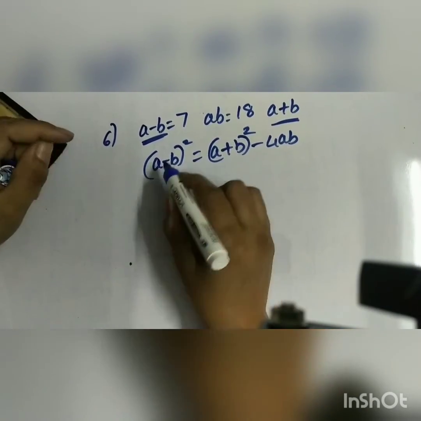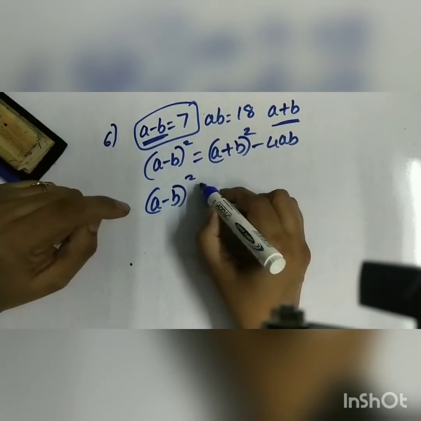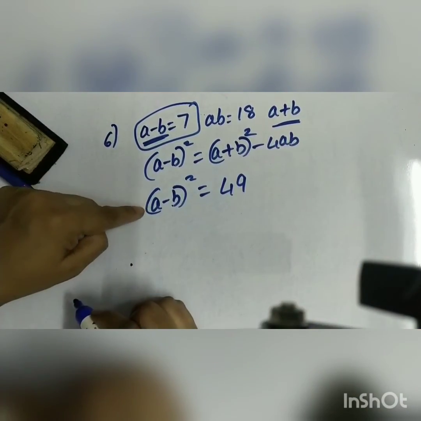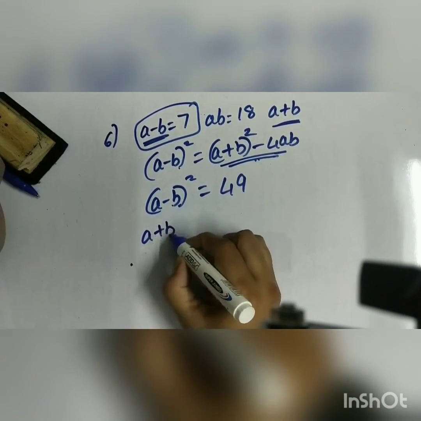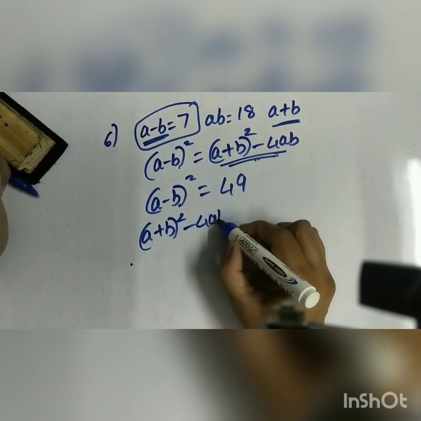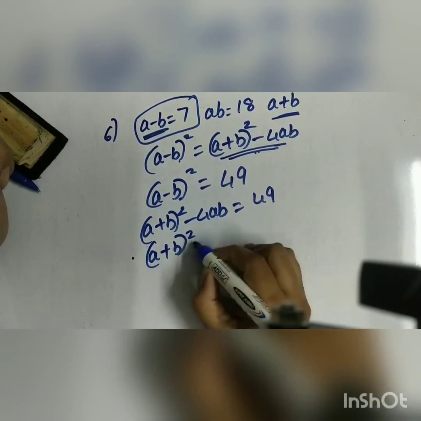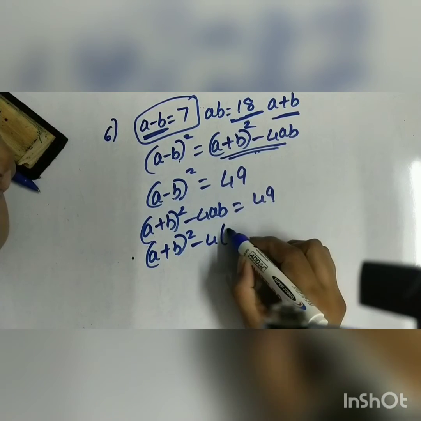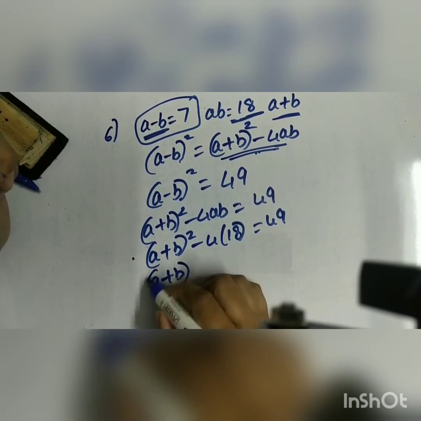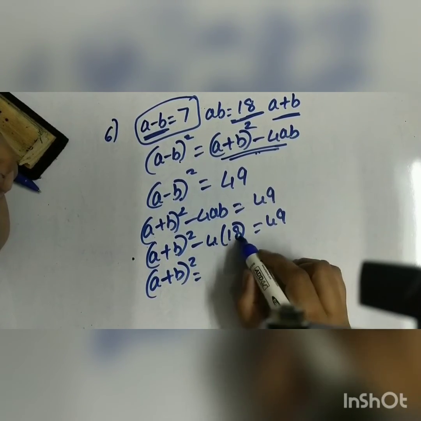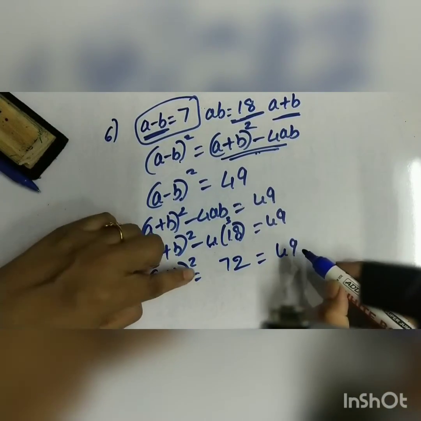So now let's square this particular equation what we have right now. A minus B whole square is equal to 49, isn't it? So A minus B square is equal to this. I'm going to apply this formula here. That is A plus B whole square minus 4AB is equal to 49. So A plus B square I'll keep as it is. AB value is given as 18. 4 into 18 is equal to 49. So this one as it is. 4 into 18 will give me 4 8s are 32, 4 1s are 4, 72 is equal to 49.